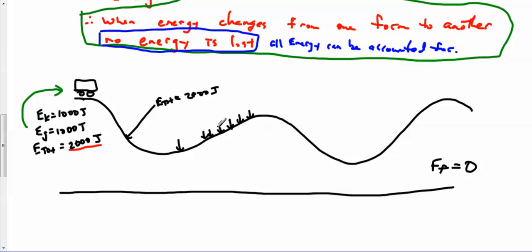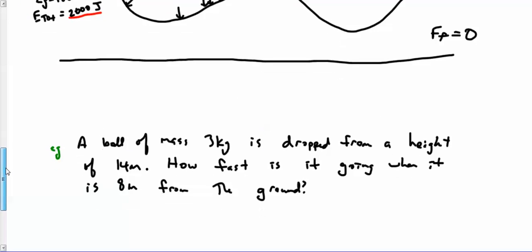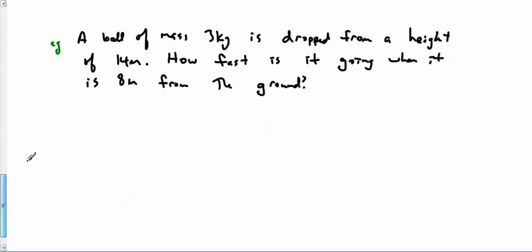And EG will start to get bigger, and EK will be smaller. But the whole time, E total will be 2,000. Don't think that it won't be. Okay? So if we look at a sample question here, I've got a ball of mass 3 kilograms is dropped